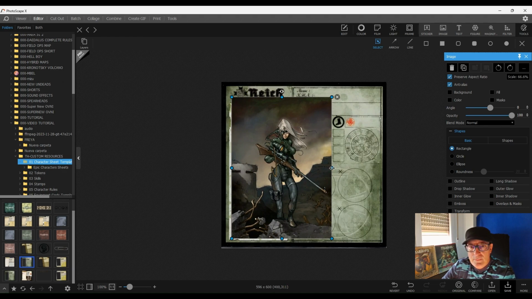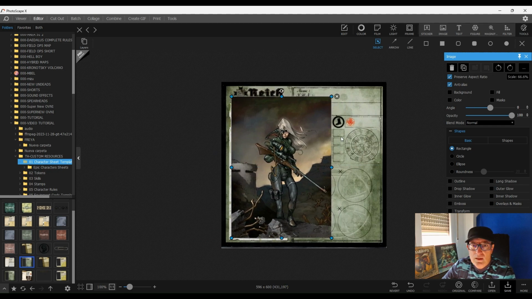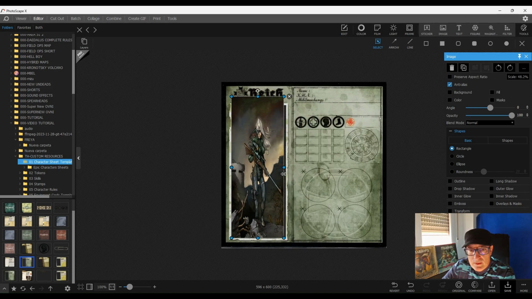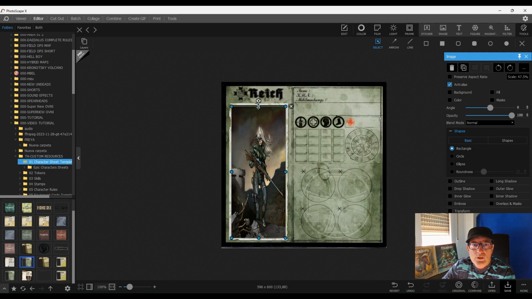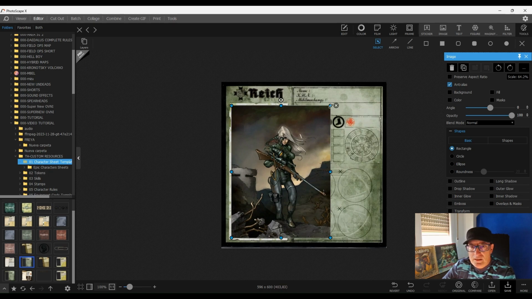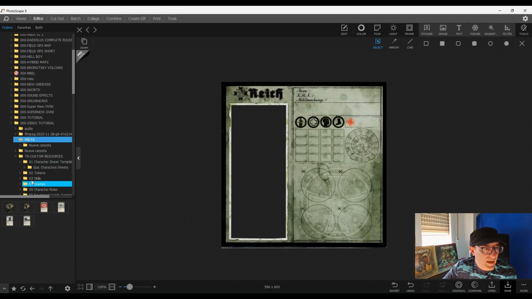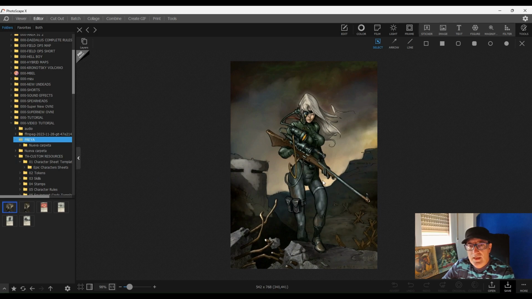But as you can see, this one is too big to fit the size of the template. So I could deactivate preserve aspect ratio to play with this possibility, but it doesn't look great. It's not the effect that we want. So we can cut out the image. For that, we are going to go this way. First of all, we are going to go to Freya and let's take the original